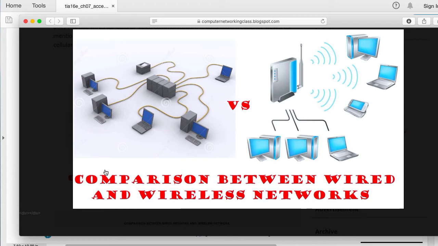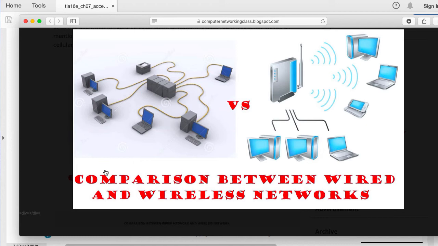Right here, in a wired network, the biggest difference that you're going to see between the wired network and the wireless network is the presence of the connection cable, right? Which, as I mentioned, usually you're going to use that blue cable. Okay, you have so many other colors, but that's kind of a standard, the blue cable.